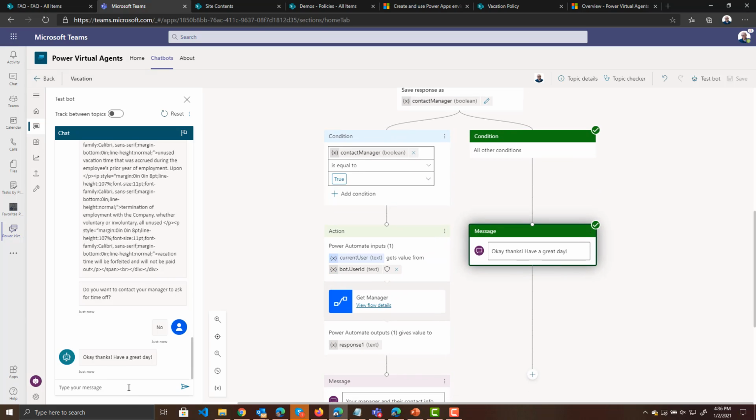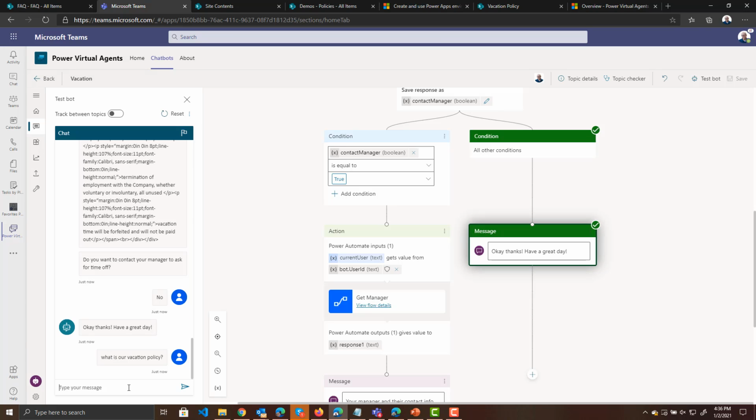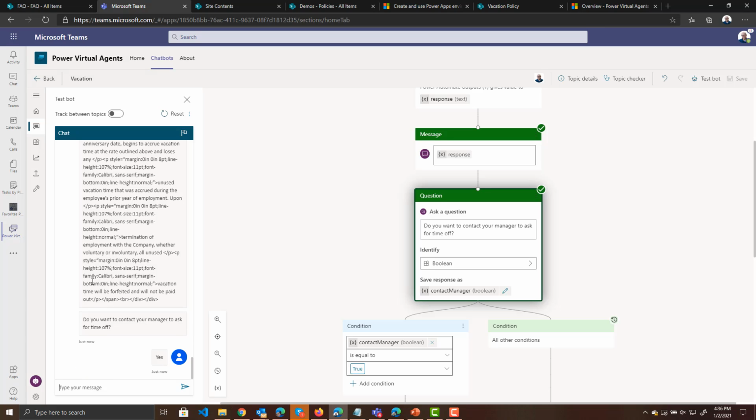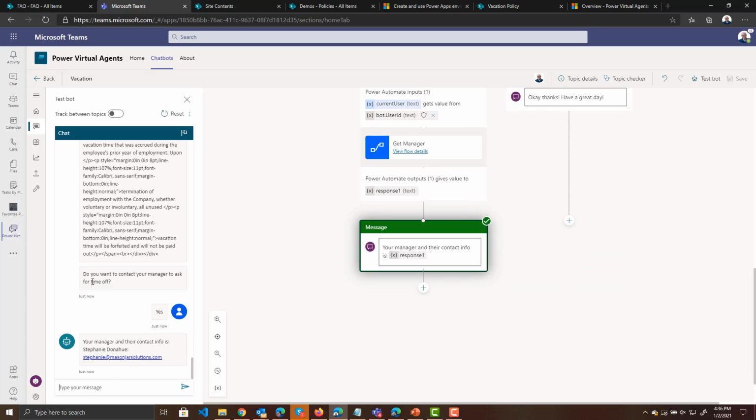Let's do the positive path now. What is our vacation policy? It's now calling into SharePoint, getting the information, displaying it, saying, do you want to contact your manager? And I'll say, sure, why not? And now it's calling into Azure ID, and it's saying, hey, your manager is Stephanie Donahue, and here's her contact information. Okay, so you can see how we're reaching into different places to get different information to the user and